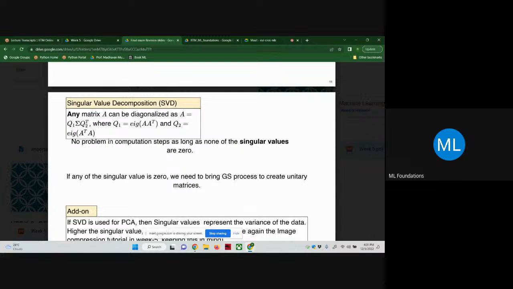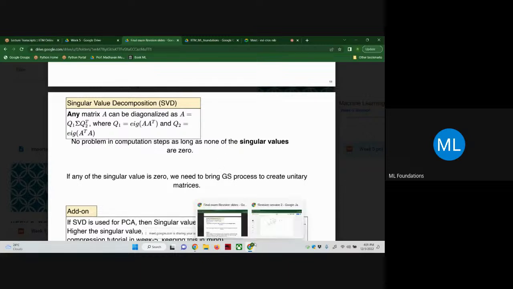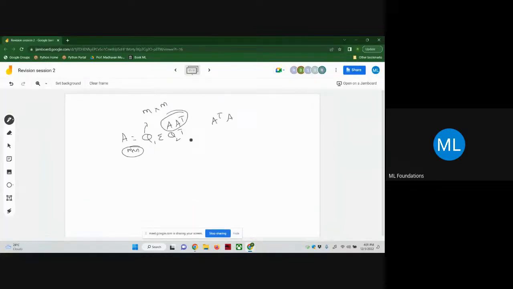And then the sigma: in the sigma, you'll have the singular values, where the singular values are the square roots of the eigenvalues of A transpose A or A A transpose. Square root of lambda, where lambda is the eigenvalues of